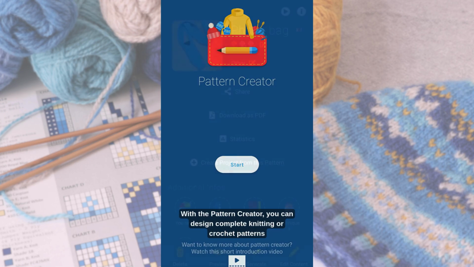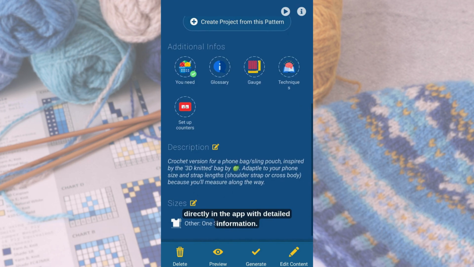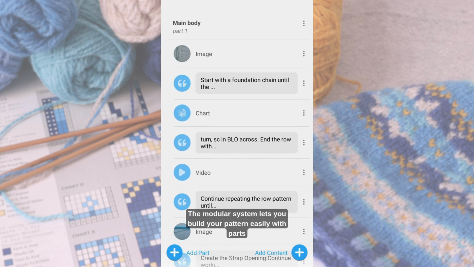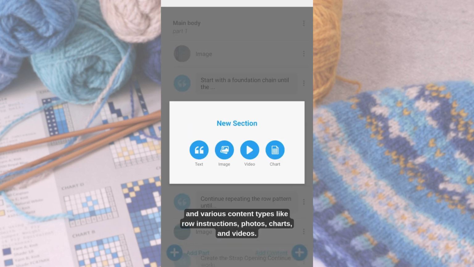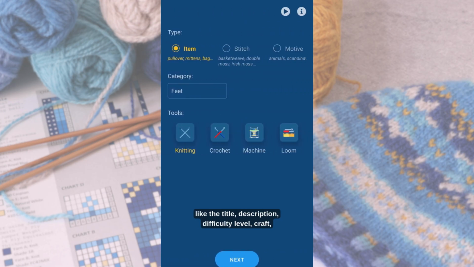With the Pattern Creator, you can design complete knitting or crochet patterns directly in the app with detailed information. The modular system lets you build your pattern easily with parts and various content types like row instructions, photos, charts, and videos. To start, create a new pattern and add the basic information like the title, description, difficulty level, craft,